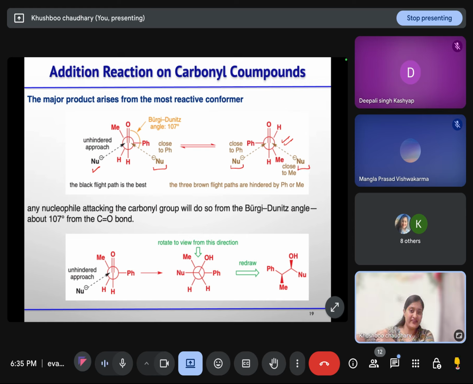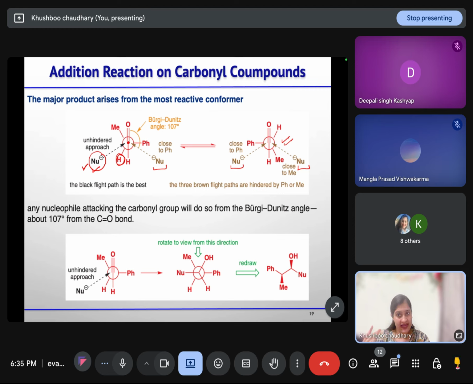One is hindered by phenyl, one is hindered by methyl, and one is hindered by the other phenyl. But when your nucleophile is approaching this carbonyl center near the hydrogen, because hydrogen is smallest in size, it will not hinder the attack of the nucleophile on the carbonyl center. So we can say this is the unhindered approach of the nucleophile to attack on the